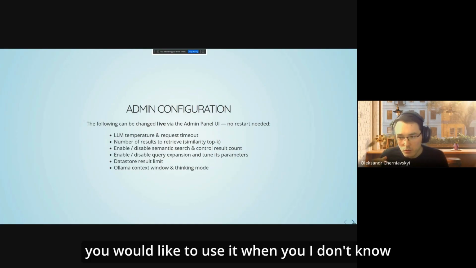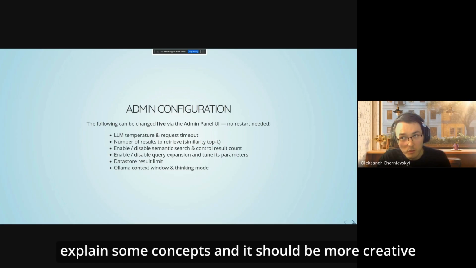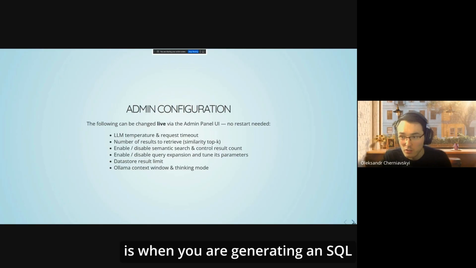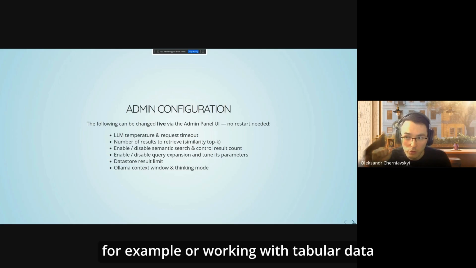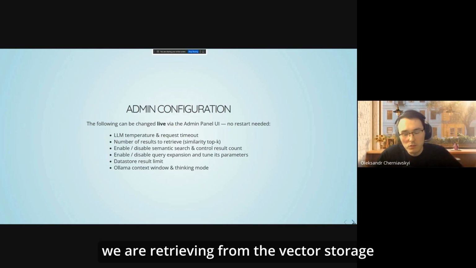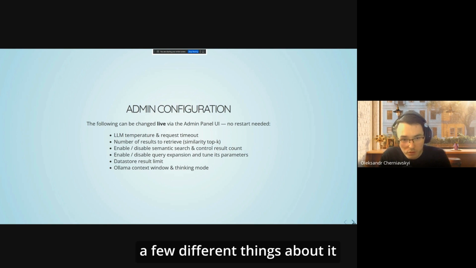You would use it when, say, you're using the AI agent to help you navigate the portal or explain some concepts, and it should be more creative. You want a more deterministic approach when you are generating SQL, for example, or working with tabular data. We can configure the number of documents we are retrieving from the vector storage. We can enable or disable semantic search and control a few different things about it.